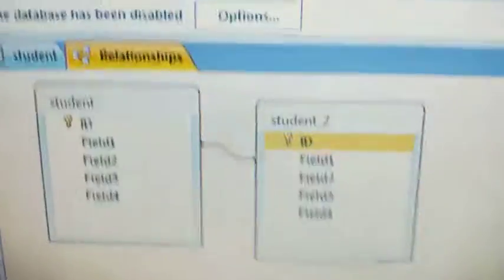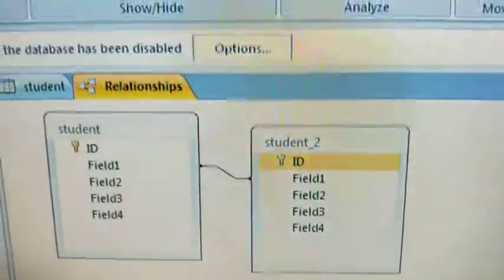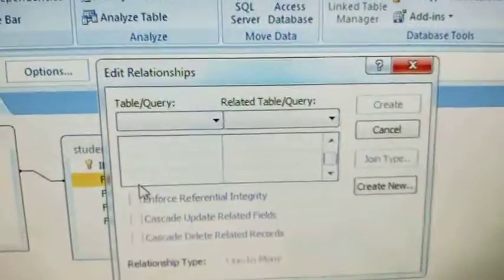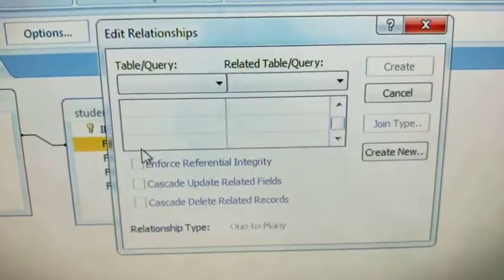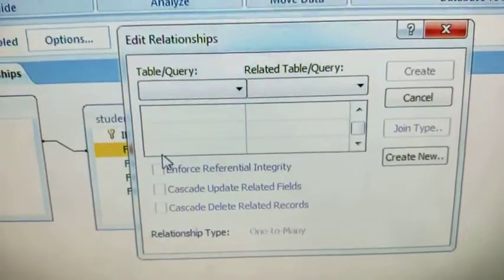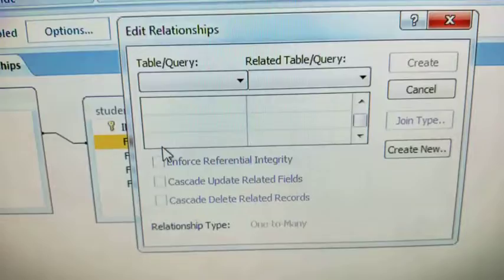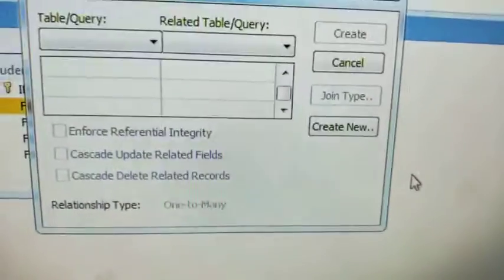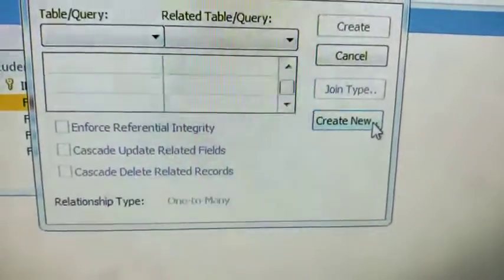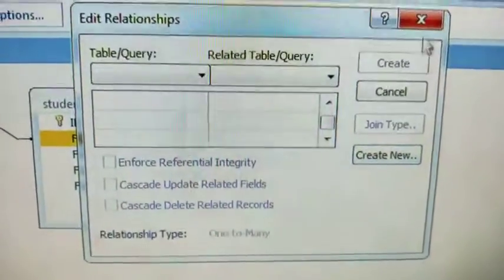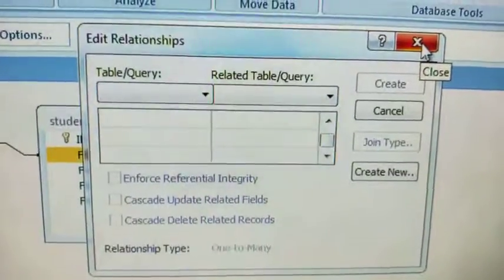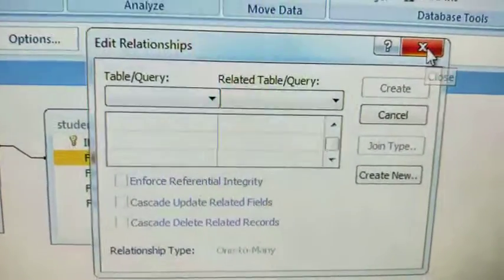in MS Access. And if you want to edit any relationship, then you just have to click on any table 2 times, then the edit relationship dialog box appears. From here you can change the table name, then select related fields, again the new fields and new table, and click on create new, as I showed you just before how to create the relationship. So like this you can edit your relationship in MS Access.